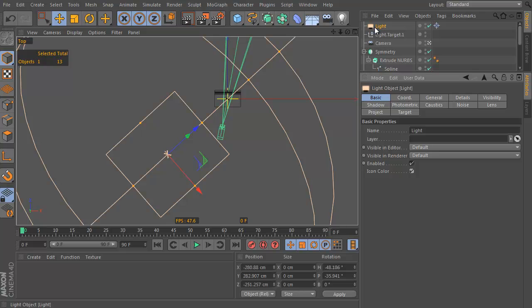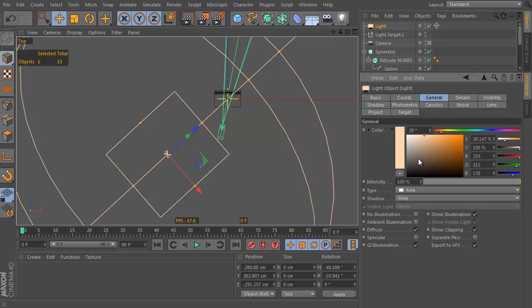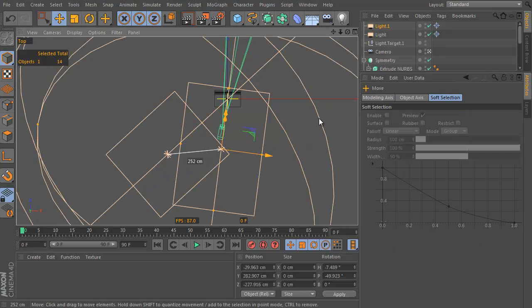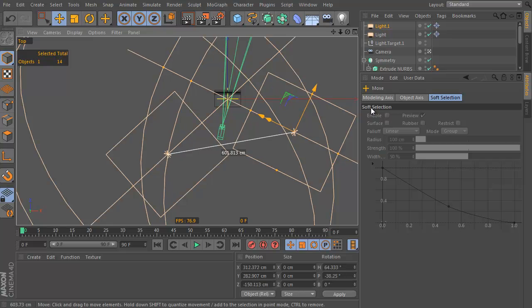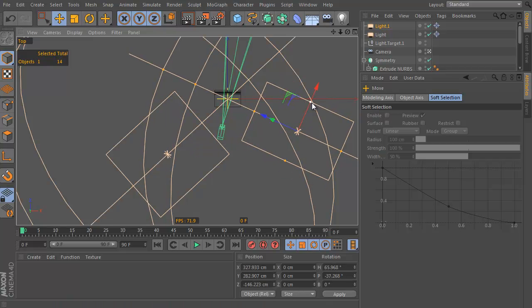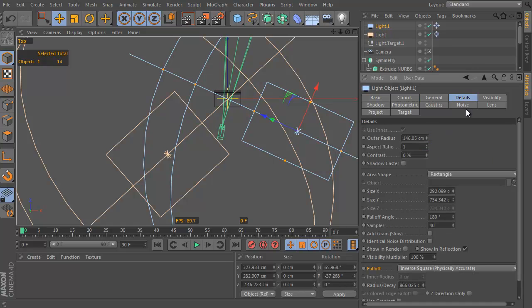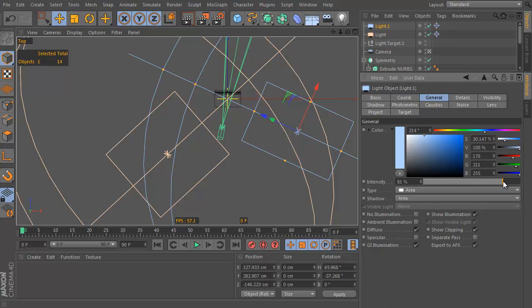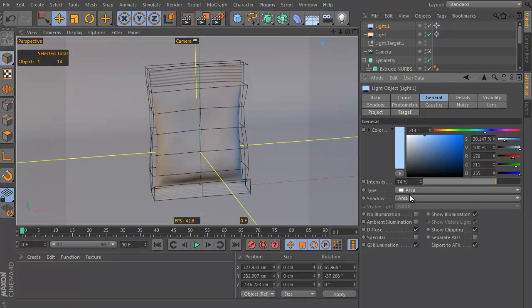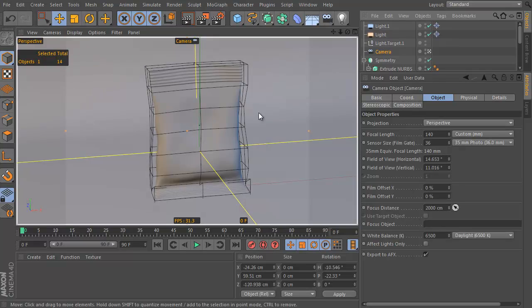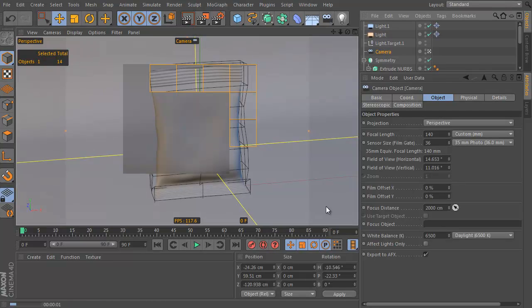It will colorize our light icon according to the color that we have used here in the general tab. Just create a new copy of the light and place it on the opposite side. It's pretty important. We can adjust the size of the light as well, change the color, use a cold color, and adjust the intensity a bit. Then go back to the main camera here,